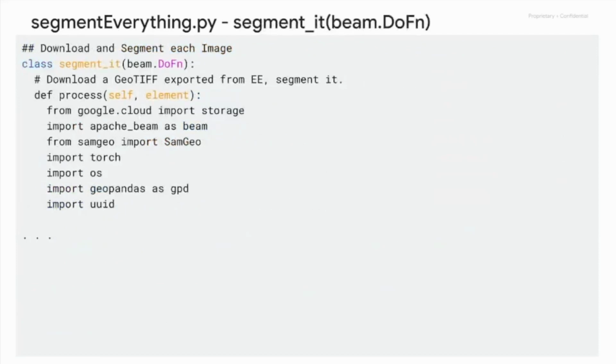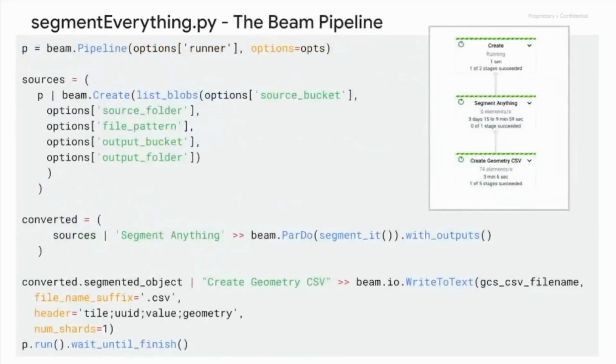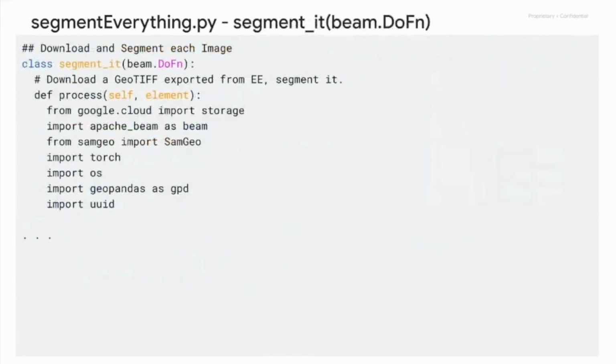And then the next piece is to go and run this into converted. So I have this P collection. One of the neat things I can do with Beam with it is this ParDo, or parallel do. So basically a for each for everything in that P collection. And then that with outputs tag allows me to yield information back to the pipeline. So all this is going to do, very, very straightforward, is